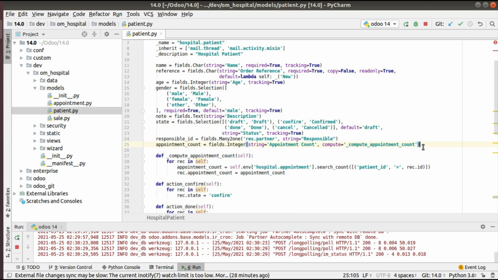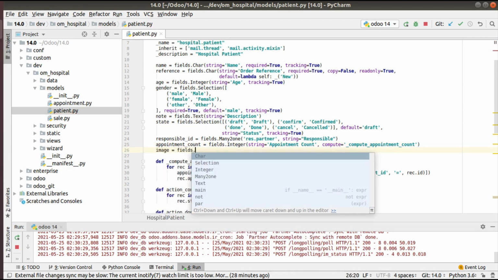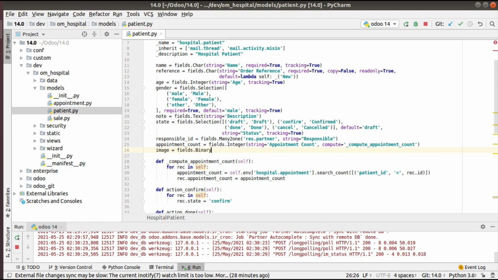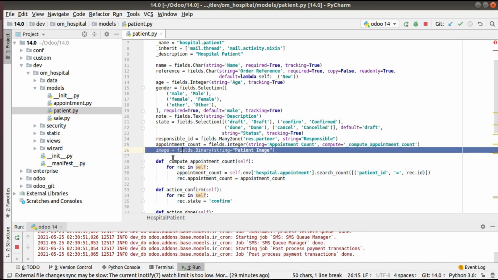I'll give the name image equal to fields.Binary, and you can give a string like patient image. So simply what I have done is I have defined a binary field inside my model, image equal to fields.Binary, and I have given a string.